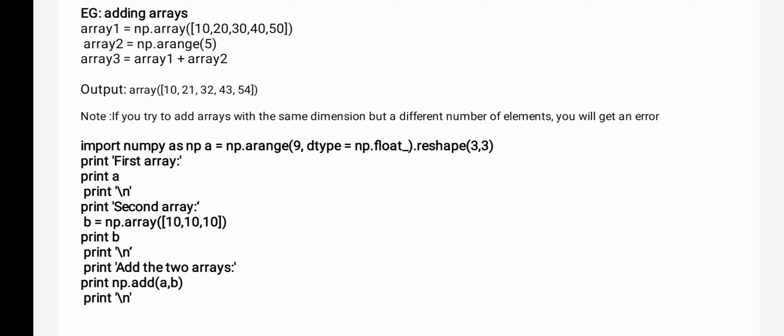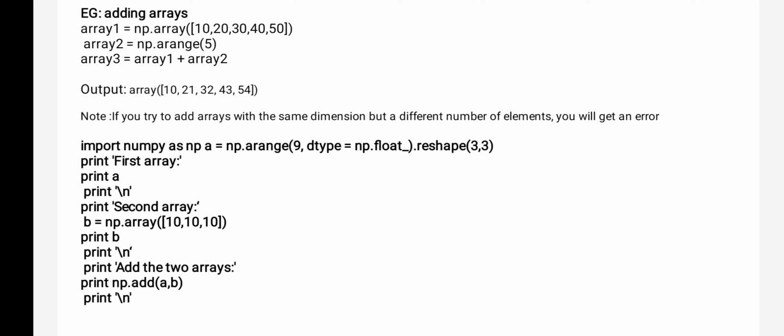Now the second array is np.arange. What does the arange function mean? Between a starting and ending value, a new array is created. Here how many values am I giving? 5. If you have not mentioned anything else, that will be the ending value. So 0 to 5, 5 elements I am creating: 0, 1, 2, 3, 4. That will become 5 elements.